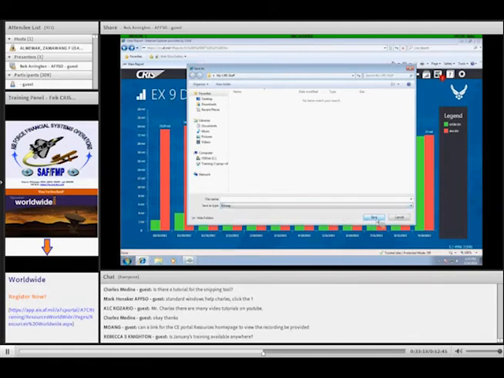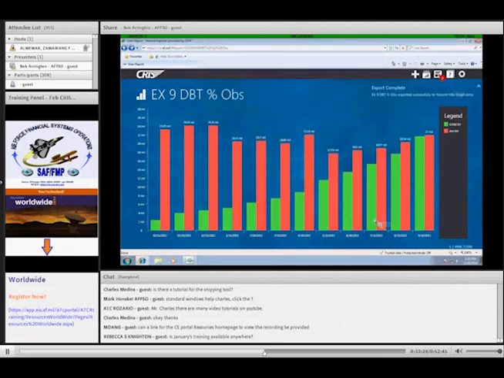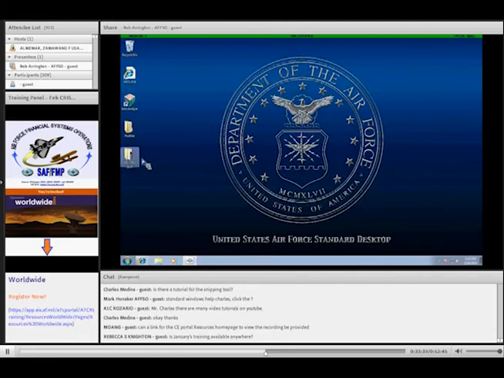Oops, got to give it a name. %obs graph. I get my little success banner that pops out there, letting me know it's saved okay, no errors noted. I'm going to minimize things and go into that folder.